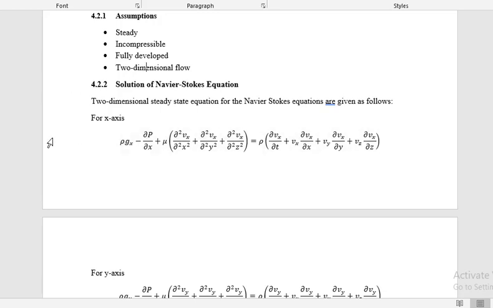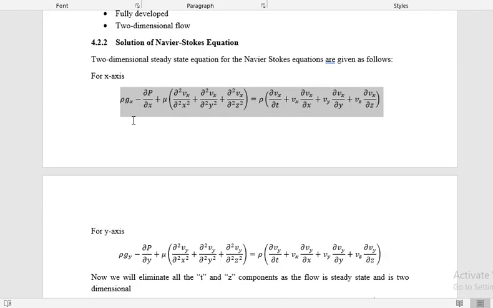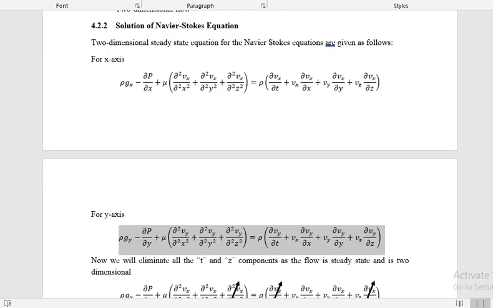Now these are the two Navier-Stokes equations that we are trying to solve for a two-dimensional flow, which is along x and y. We are only discussing right now the Navier-Stokes equation for the x, y, z Cartesian coordinate system. The third equation, which is along z, has been eliminated because it is a 2D flow. Now we will solve this problem step by step to understand how we are going to use it in the given problem.